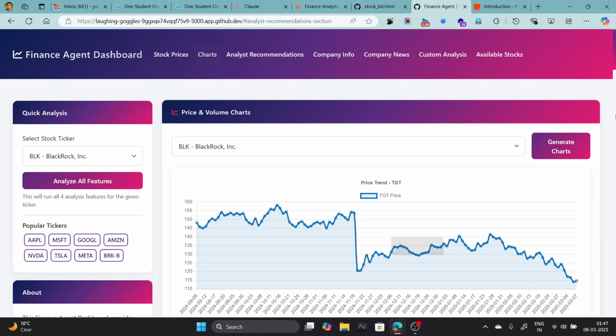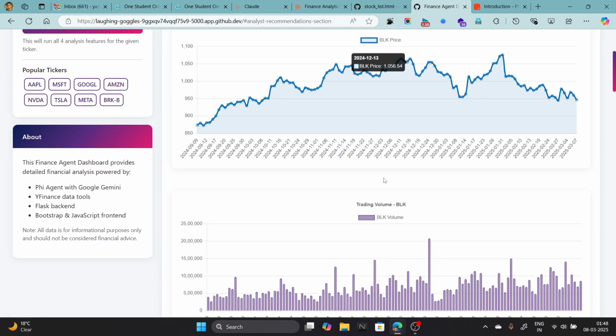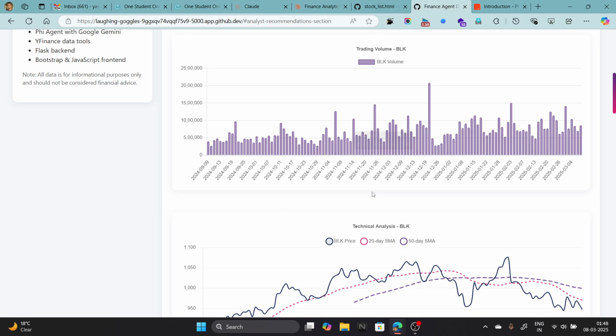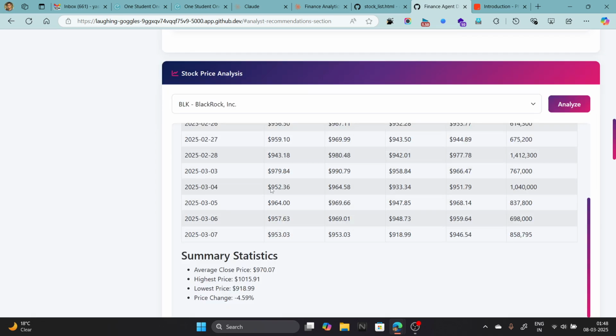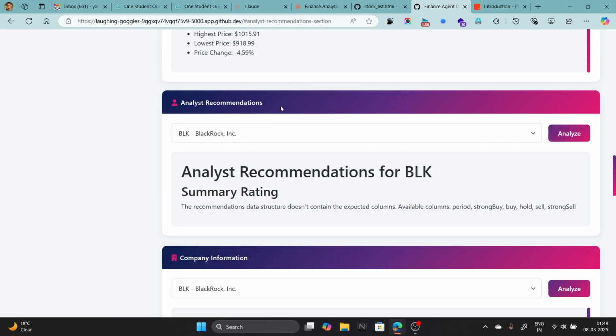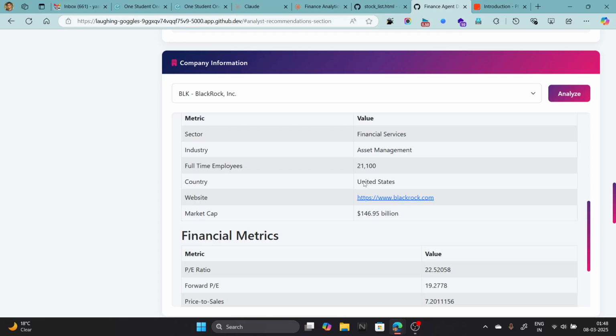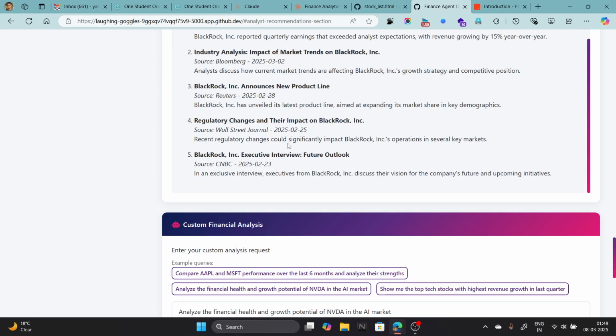generate a chart first. So here you can see the BlackRock price, trading volume, technical analysis, and here you can see the stock price and the summary and analysis, the recommendation, and we can say company information, business, financial metrics, and news about